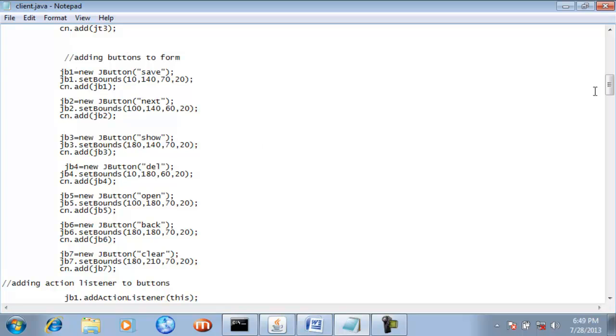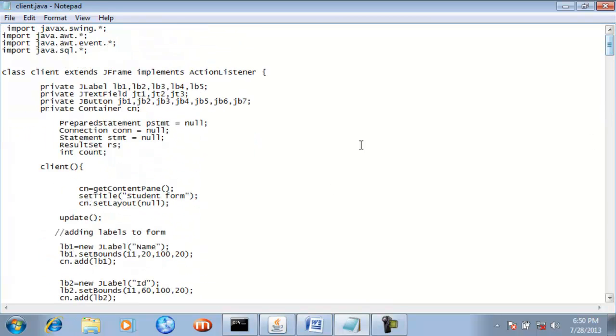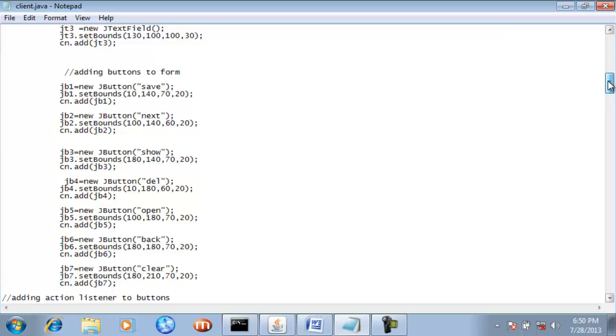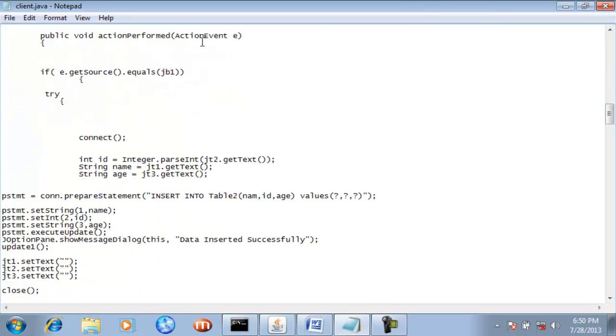We have also attached an action listener to this JB1, and I have created an object reference variable of this JB1 in the class scope area. Now, when you click save, what happens? Your action method is called here.